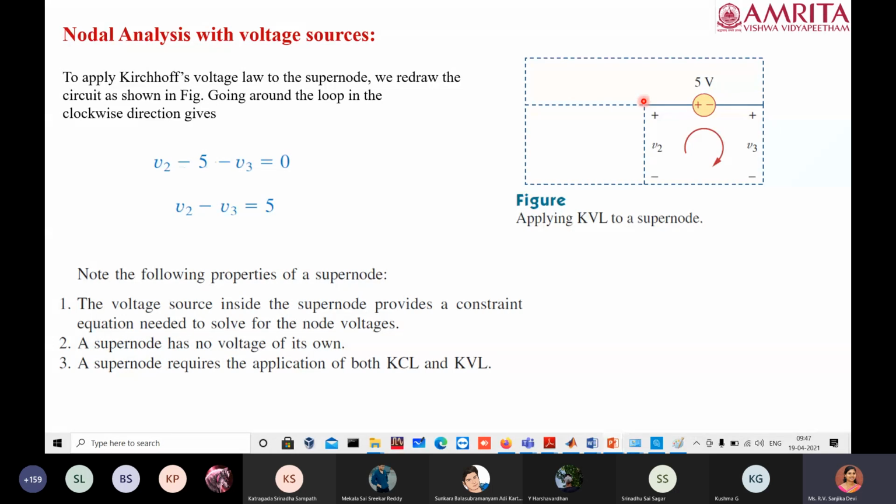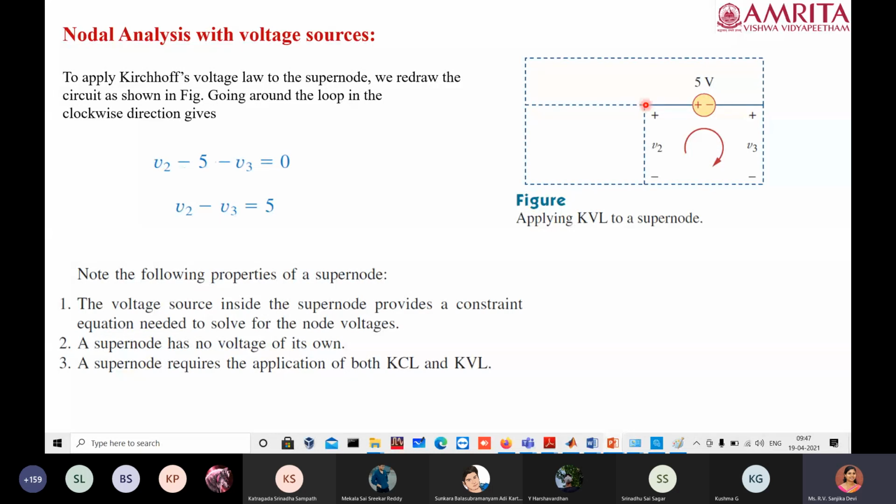If the answer is positive, then the potential is correct. If you are getting a negative answer, say for example V2 is negative, it means that this polarity has to be reversed. That's it. But initially when we analyze the circuit, we will not know whether it is positive or negative. So similar to the loop currents, you fix the nodal voltages and solve it. If the answer is positive, the positive value of nodal voltage is correct. If not, it has to be opposite.